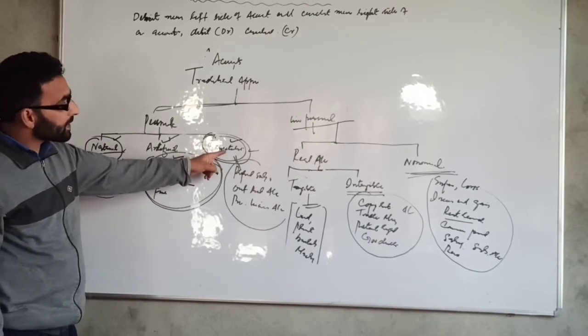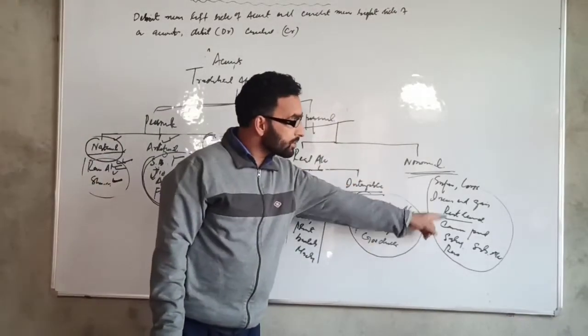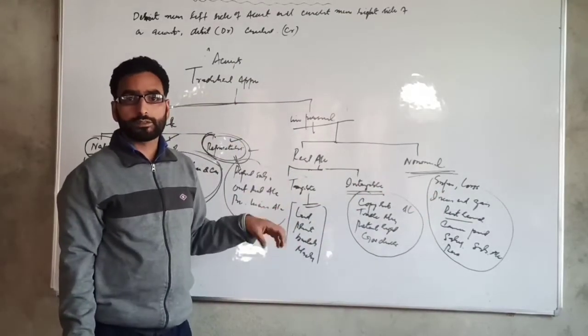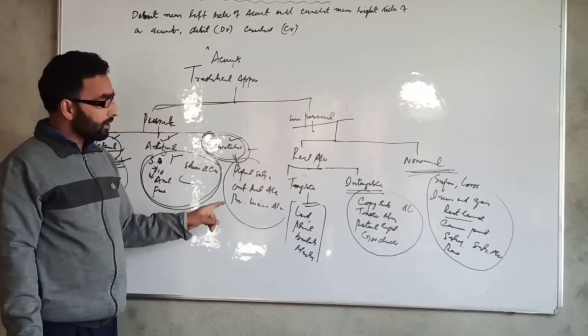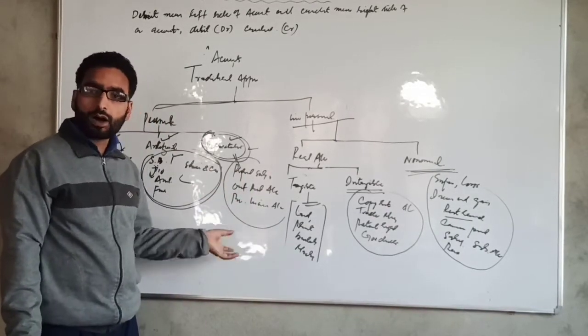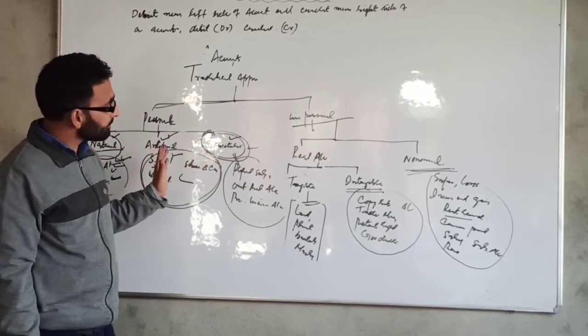And another thing is representative. Representative here means when nominal accounts become prepaid or outstanding, prepaid or due. At that time, they are called representative accounts. Outstanding rent account, prepaid insurance account, outstanding salary account, outstanding commission account. These are called representative personal accounts.